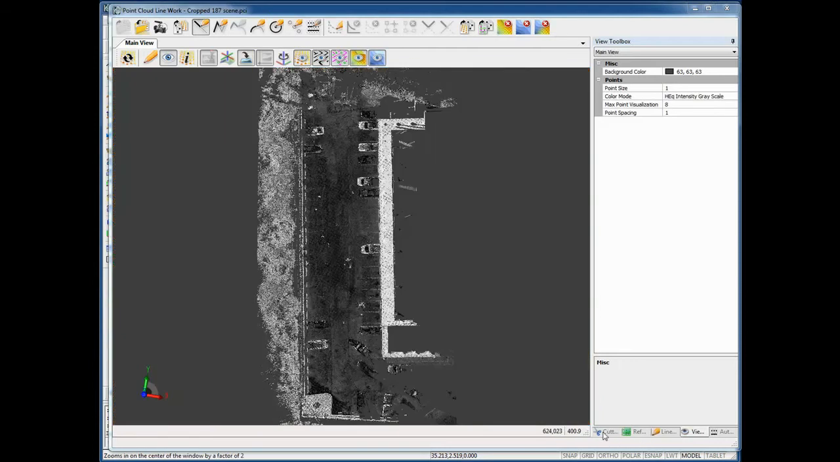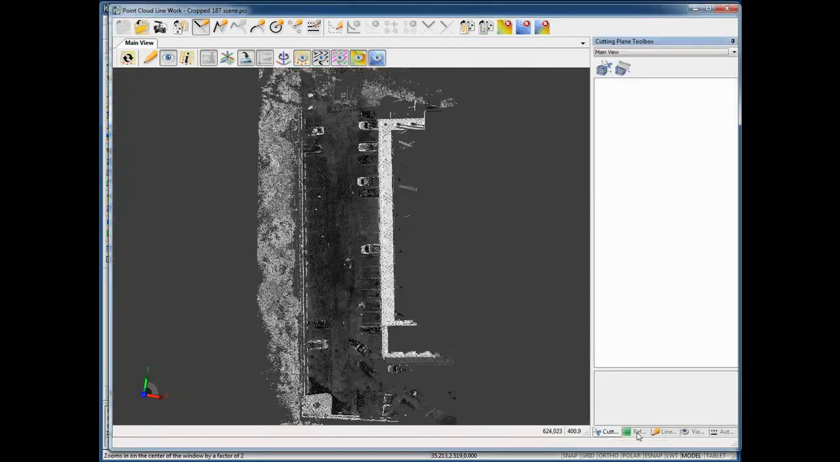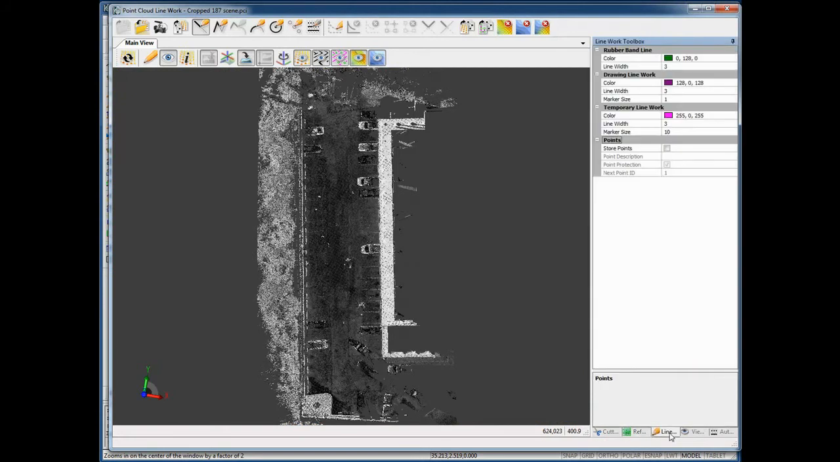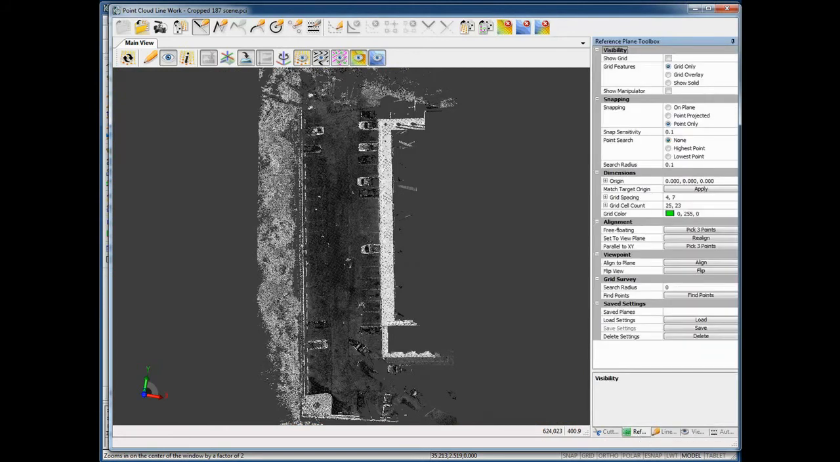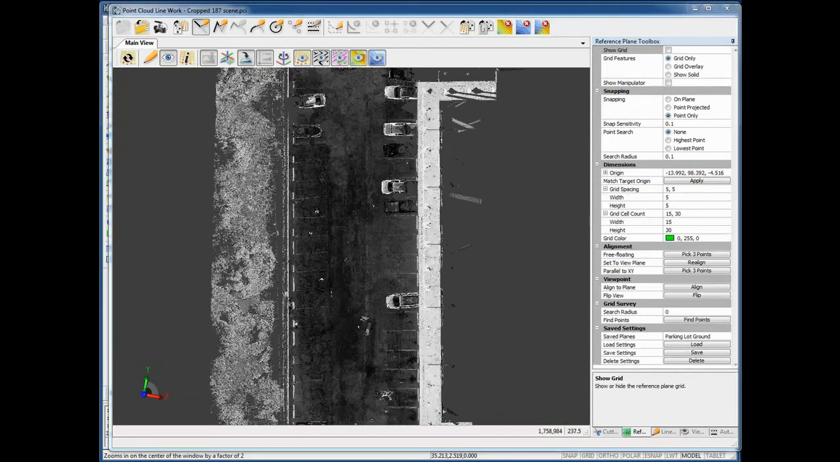These are some of the toolbars that are available to make drawing easier for you. In this case here, we're producing a 2D drawing. I want to draw on a top-down view, and I want to define a reference plane, which will place all the line work at one level. I'm going to set my plane parallel to the XY axis, define the plane by 3 points on the parking lot ground,